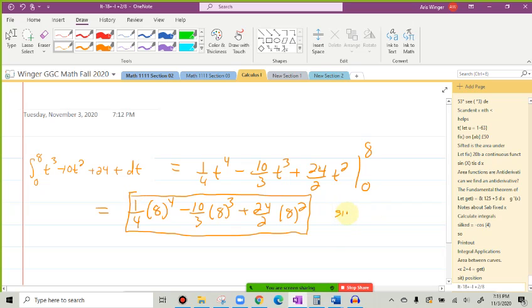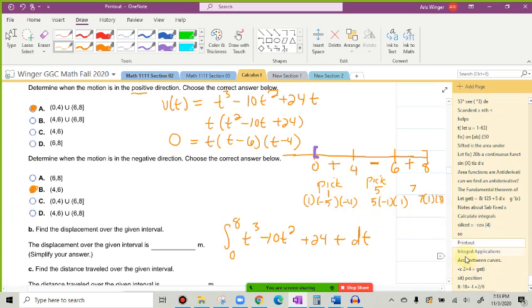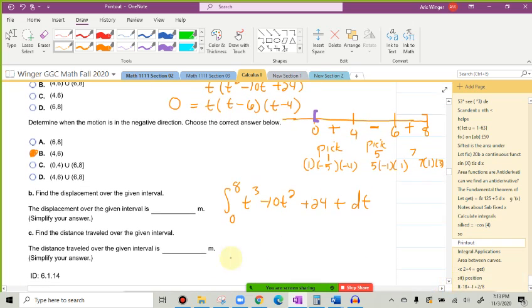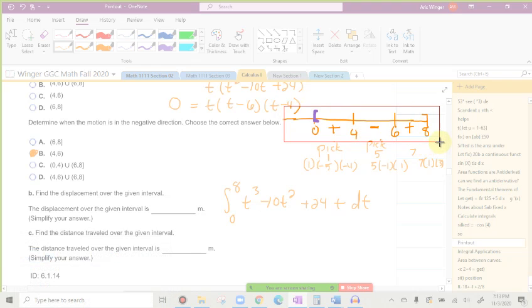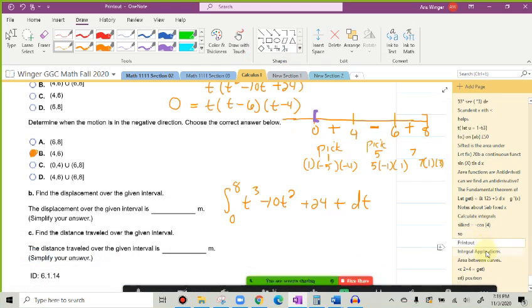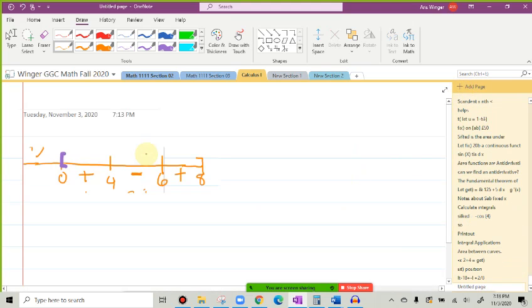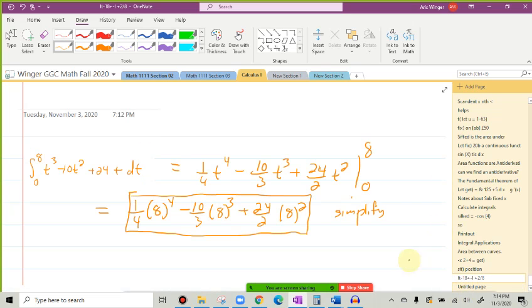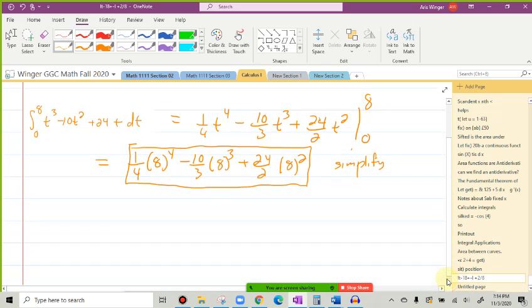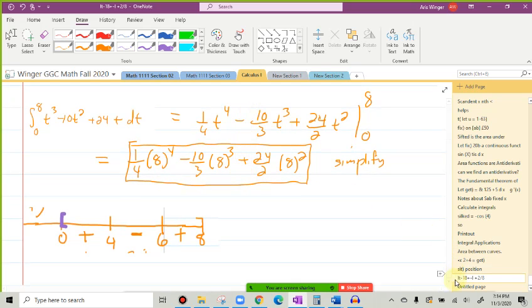Right, so just simplify and plug that into MyMathLab. So that's just all calculated. And so then for the total distance, we'll need this number line as well. We'll take the number line, and we'll also need the function. Oh, we can also put it here. So then we'll put it on the same page here. So then for the total distance,